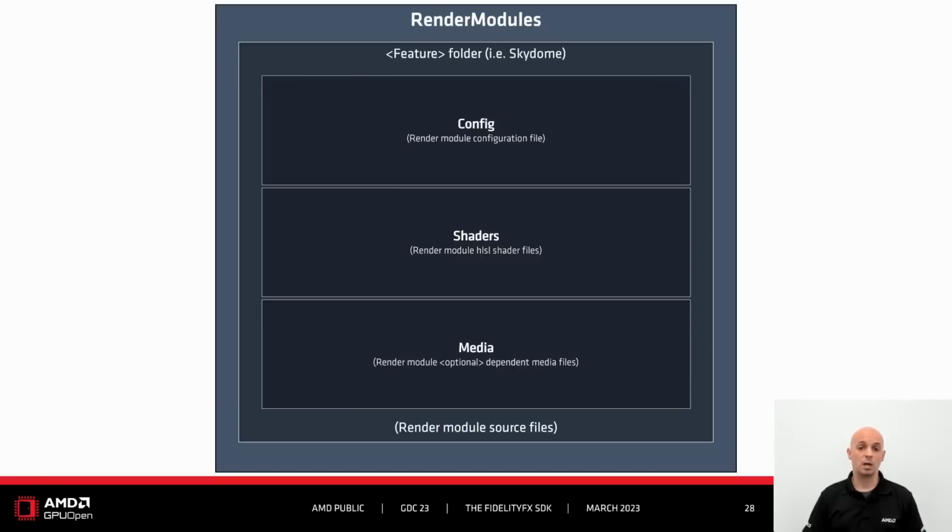Currently, our samples use a combination of the following render modules, which you'll find in the render modules folder: rasterized shadows, gbuffer construction, deferred lighting, translucency render, sky dome render, temporal anti-aliasing, GPU particle simulation and rendering, and animation support. The Cauldron framework itself also contains 3 exclusive render modules for core functionality, and these include a default tone mapper, a UI renderer, and a swap chain render module to control presentation buffers.